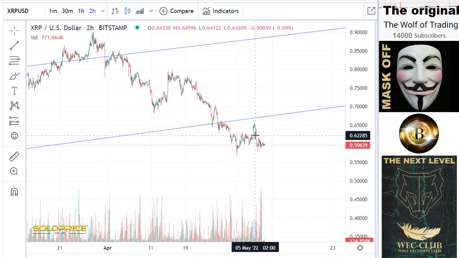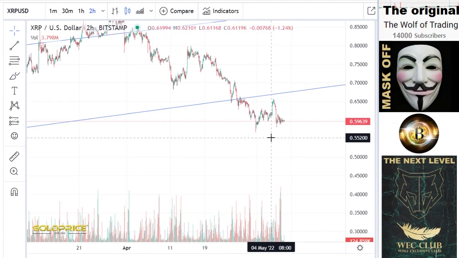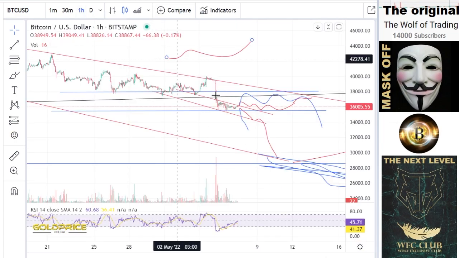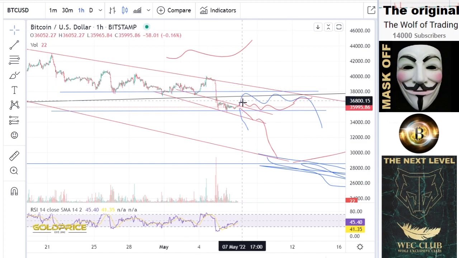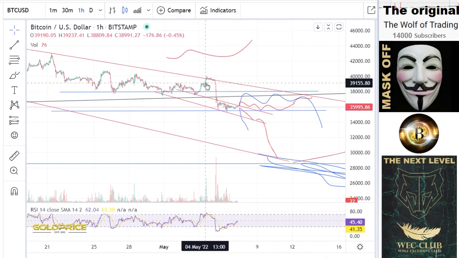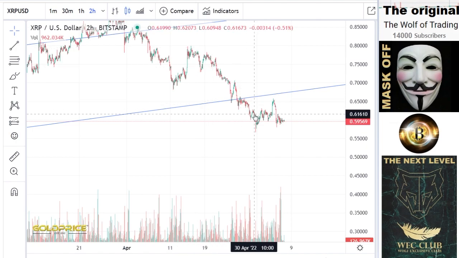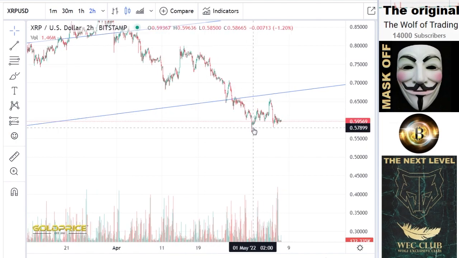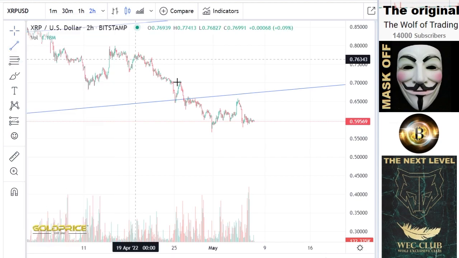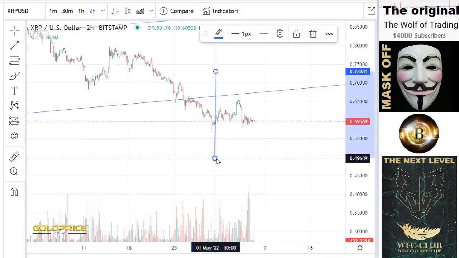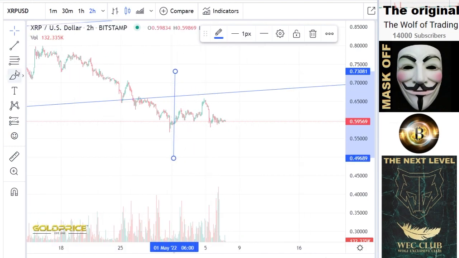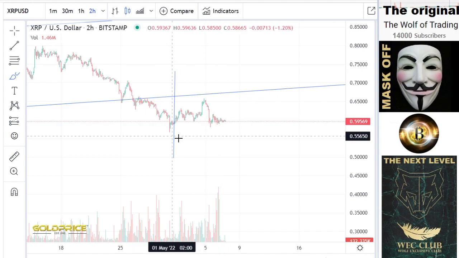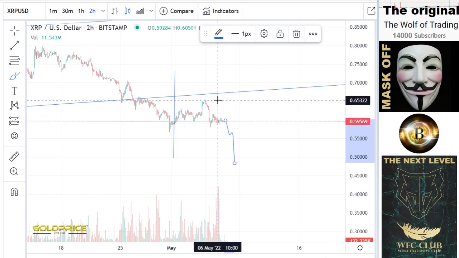Let me look. It's not so visible here on the XRP chart. At the Bitcoin chart you can see this very well, beginning from 2 of May until 7 of May. You have no chance to see this on the XRP chart, it is a little bit confusing, but in the end of the day you can see this. This is this structure here, and this is a really inverse left shoulder, head and right shoulder formation, beginning from 65 cent to